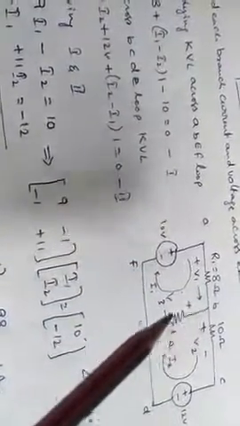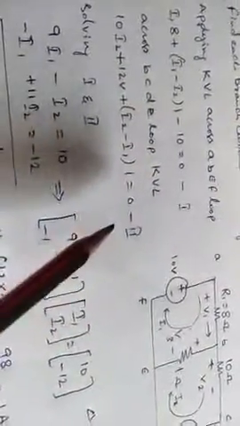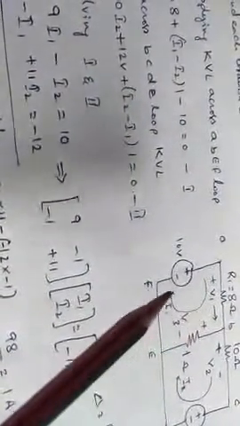Assume that this is equation 1, and similarly we apply the KVL for the other loop BCDE. Here current is entering, so 10 into I2. Entering is positive direction and leaving is negative, so plus 12. Similarly here I2 is entering from E to B, but I1 is entering from B to E. So I2 minus I1 into the resistance will give the drop. So for this loop, this is the positive direction. For this loop, I1 is the positive direction.